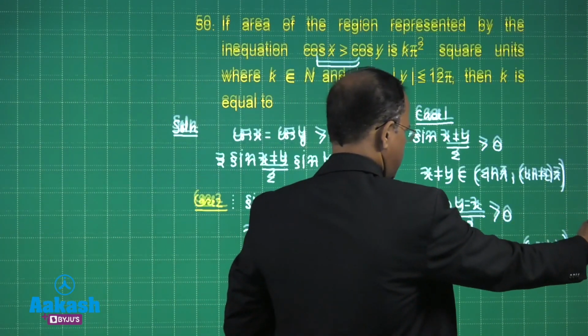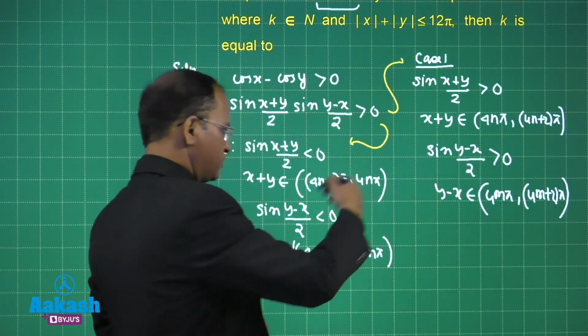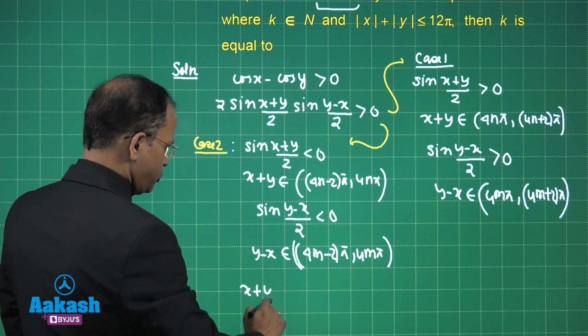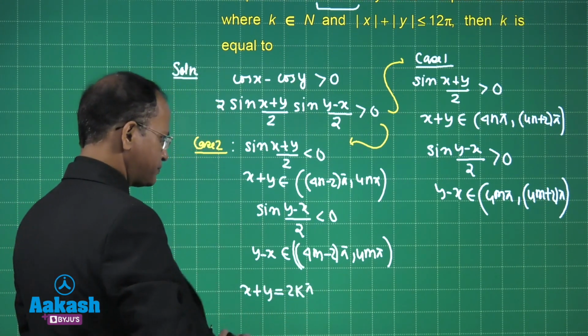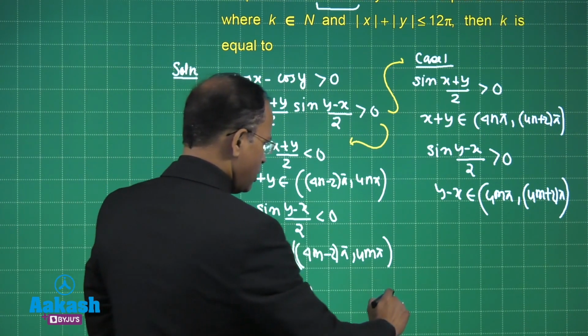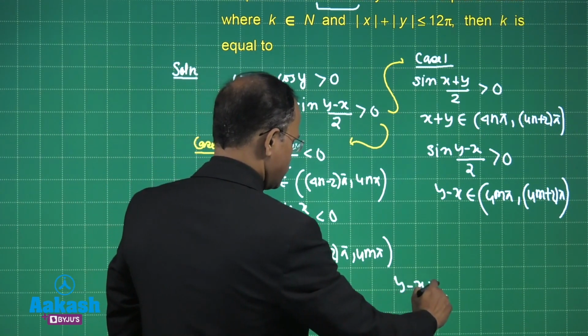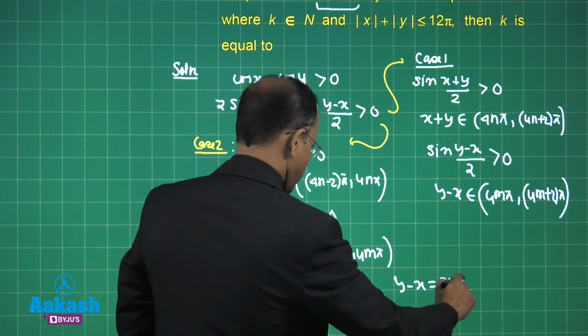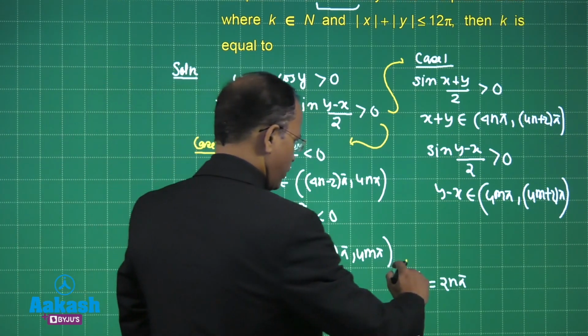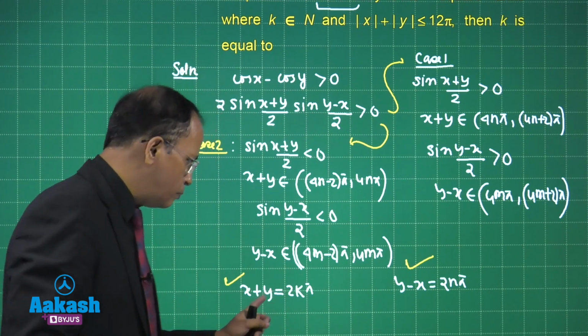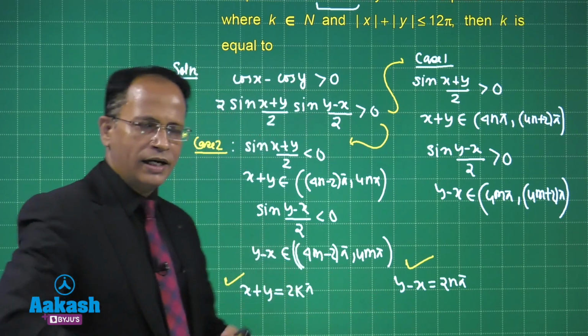That means we can see we have 2 cases. One is x plus y is equal to 2k pi form. It is representing a system of parallel lines, right, for different values of k. Or we can write it as y minus x is equal to, say, let me write it as 2n pi. So this is the thing we have. x plus y is equal to 2k pi, then we have y minus x is equal to 2n pi. So both represents a system of parallel lines.